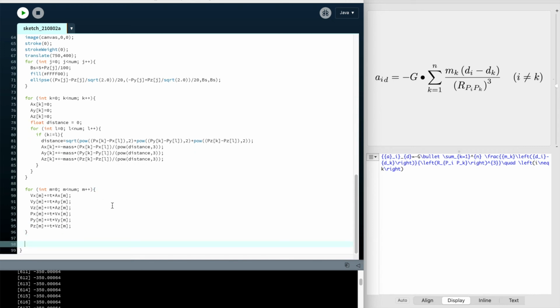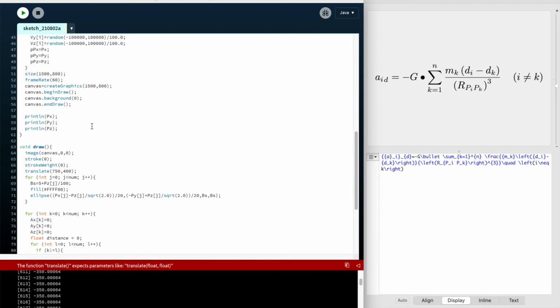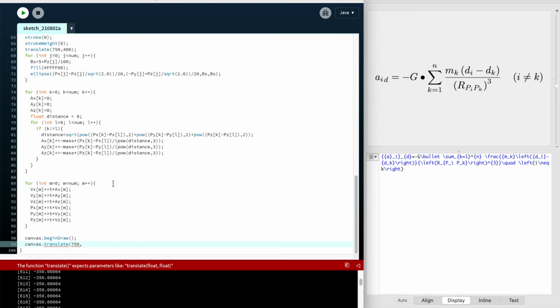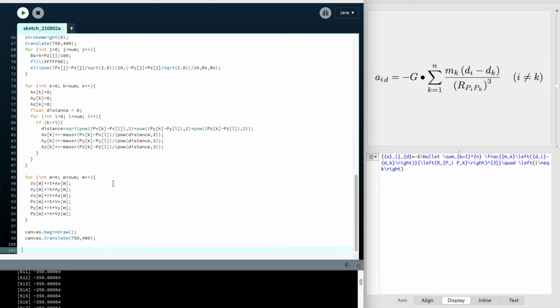Now we're pretty much done. All we have to do now is canvas.beginDraw, canvas.translate to, our size was 750 or 1500. Is it 1,500? Yeah, 1,500 to 800. So 750 to 400 translate, and then canvas dot